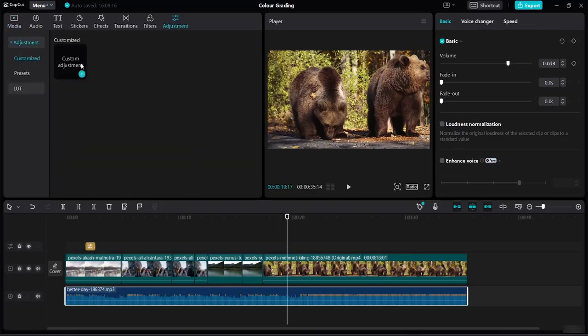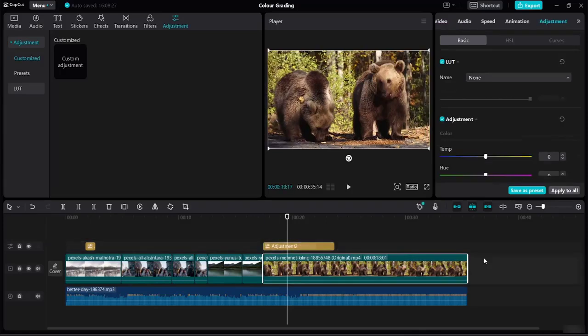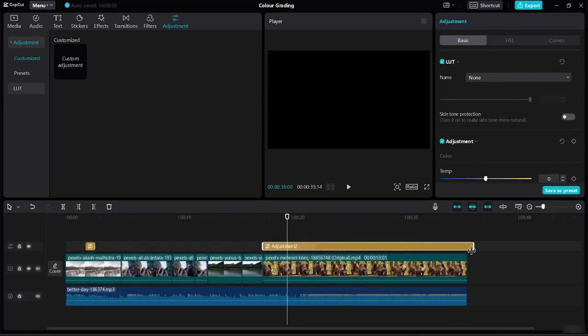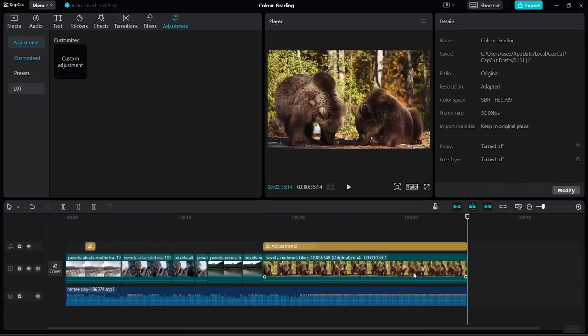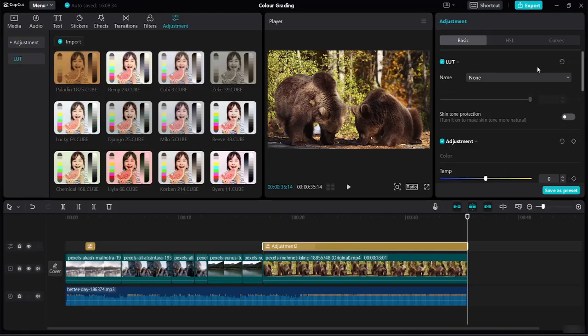Let's take this adjustment panel, and from here, if I just click on custom adjustment, now what I'm going to do is put out this adjustment option, and from here let's just increase the size over here. Okay, so for this particular video I do have this adjustment tool layer. Once I have uploaded all of these LUTs over here, now